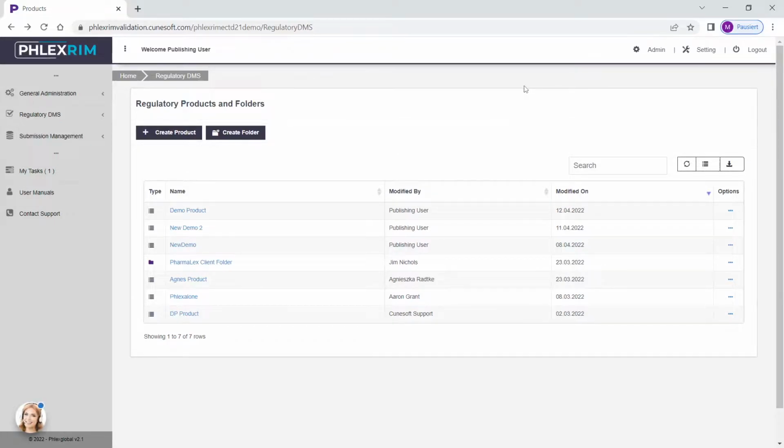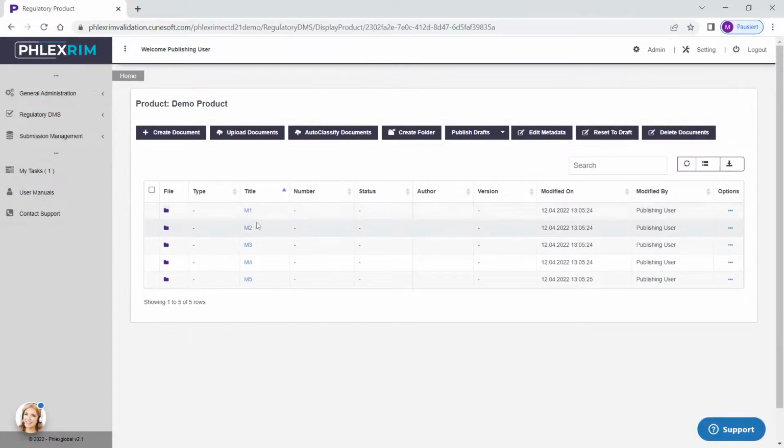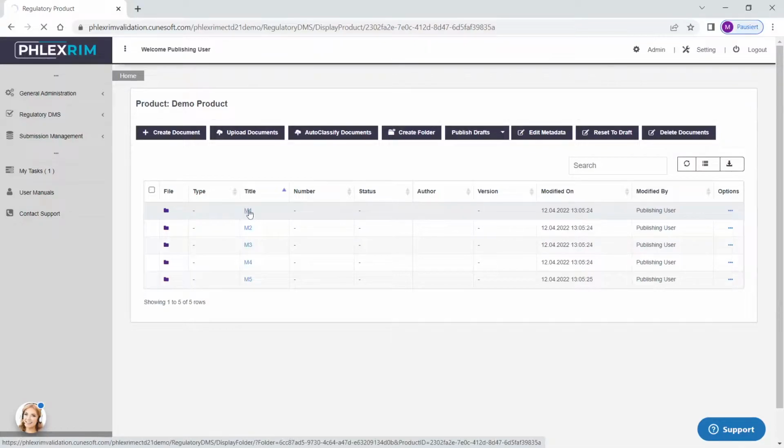But what I would like to point out here is that in FlexDMF, you have all the abilities of a Part 11 compliant document management solution that allows you to also review and approve documents. We'll be using the demo product today. And I've already loaded a few documents in there. Here I have organized them for my personal preference by module. So if I switch to the module 1 folder,